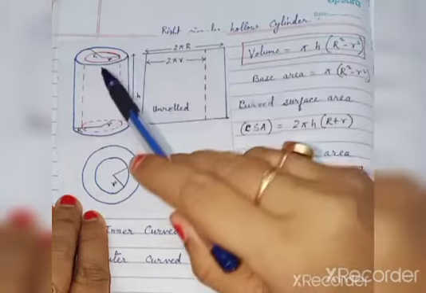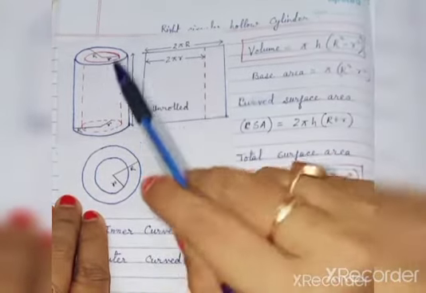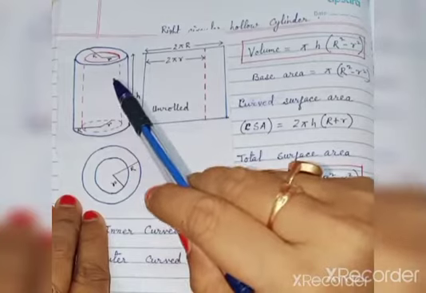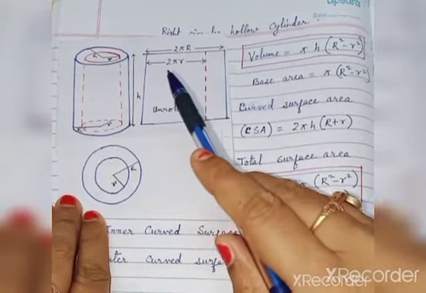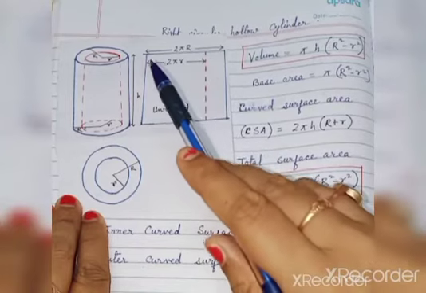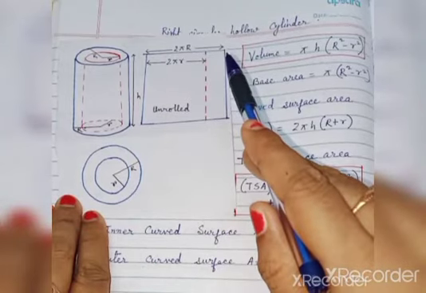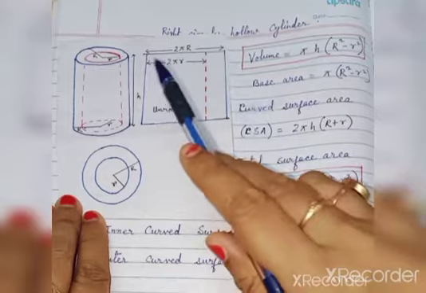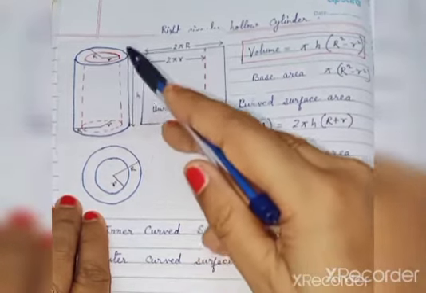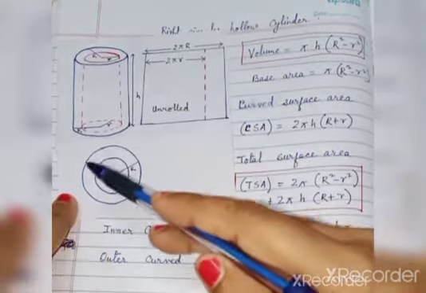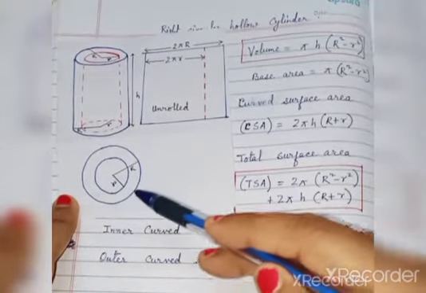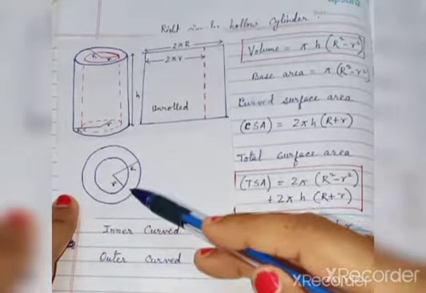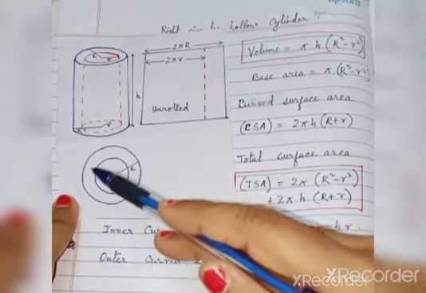If we open that, it is now a rolled one. If we unroll it, then the inner length is 2 pi r and the outer one is 2 pi capital R. Okay, this length, because this is the circumference of the circle. The base you can see here through this diagram. The circumference is 2 pi capital R for the outer one, and for the inner one it will be 2 pi small r.